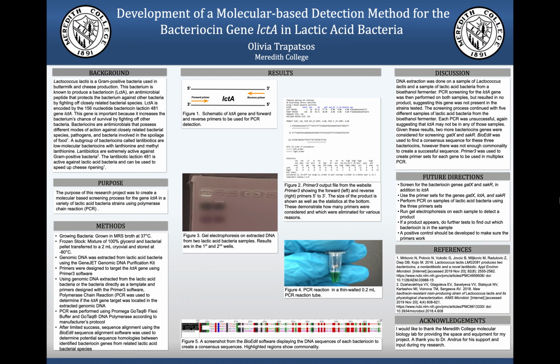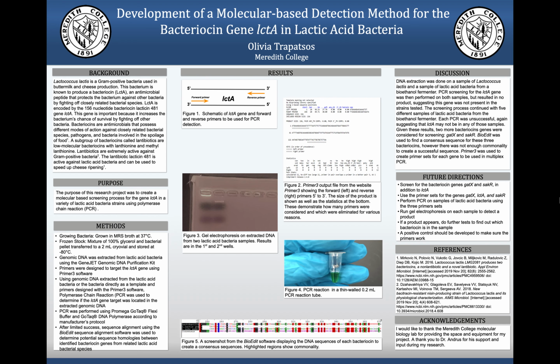The genes GATX and SACR were chosen for analysis along with the lctA gene. The program BioEdit was used to display homologies between each gene sequence and then create a consensus sequence. This sequence is shown in Figure 5. Using a consensus sequence would allow for potential conserved regions within these bacteriocin DNA sequences, which would allow us to develop the degenerate universal primer sets for PCR to be done using only one primer set instead of 3 different ones. Based on the result of the sequence alignment, there was not a large enough area of homology to develop